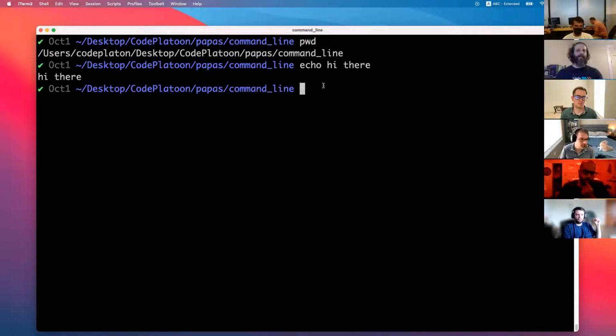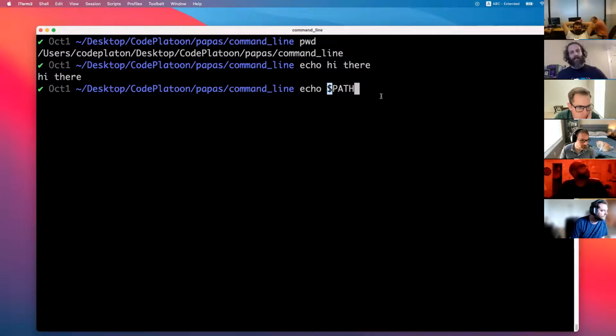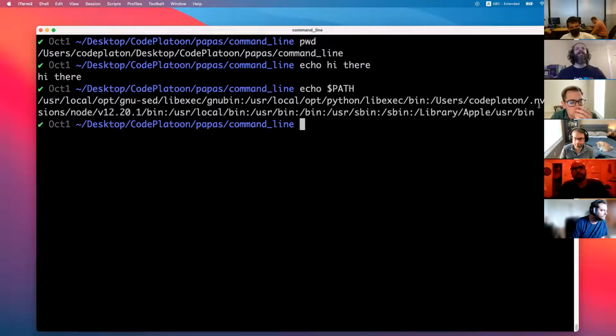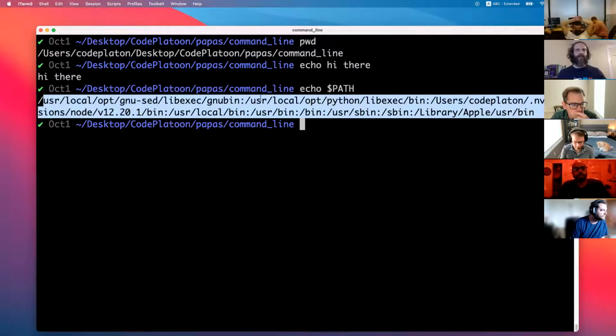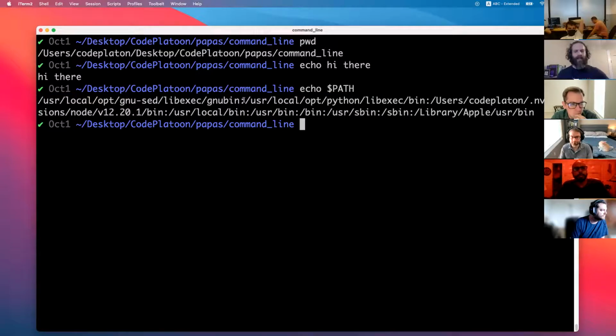Okay, so you can echo. I can also echo my path variable, which is what I was going to do. So that variable is called PATH in all caps. And if I want to examine the contents of it, I can echo, so print it, and I will tell bash that this is an environment variable using the $ prefix. So you can see that there's a whole bunch of stuff here. Can anyone tell me what the path is, by the way? The all caps PATH?